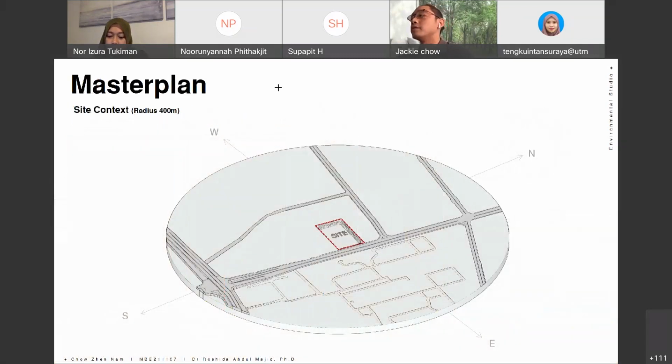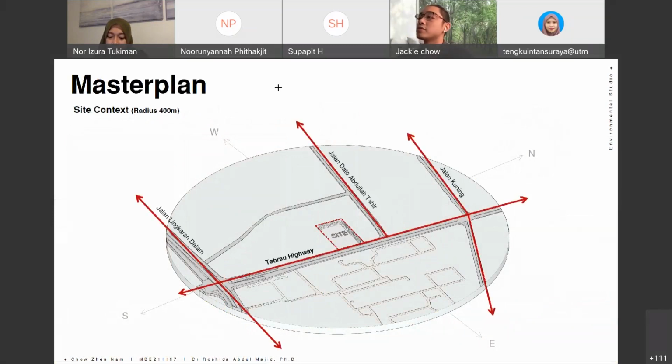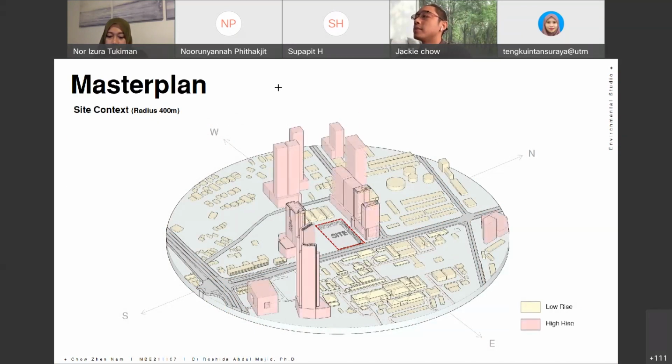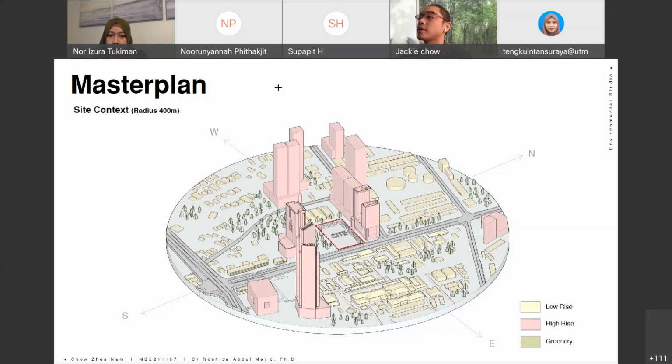So from this master plan, we first understand the site context within a radius of 400 meters. First, we can see that our site is located right beside the Shabelle highway, and it's connected by a few roads. The density of low rise, as shown in this diagram, is fairly high, but the high rise is actually more prominent around our site, because as you know, our site is surrounded by all these high rises, and these are the green density around this radius of